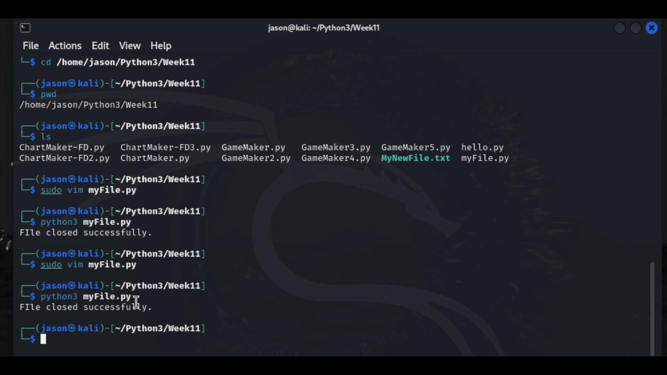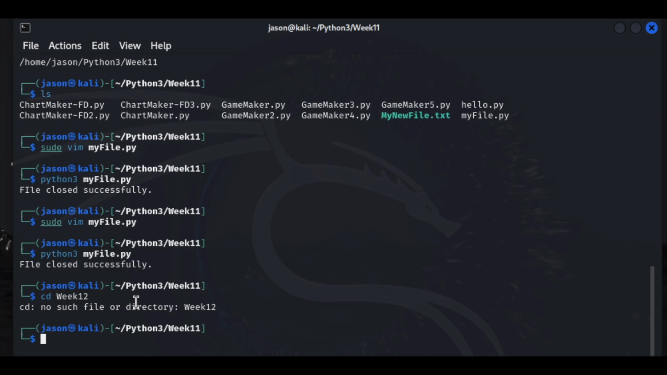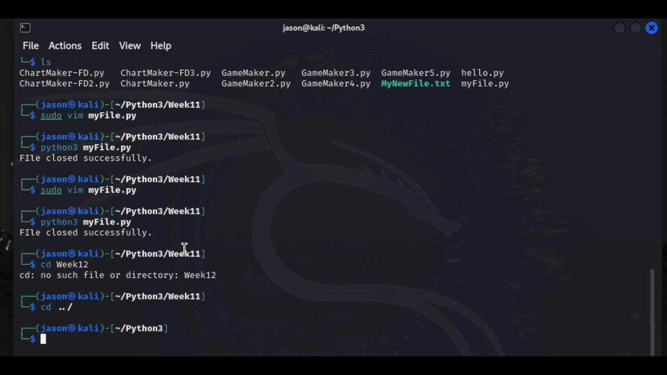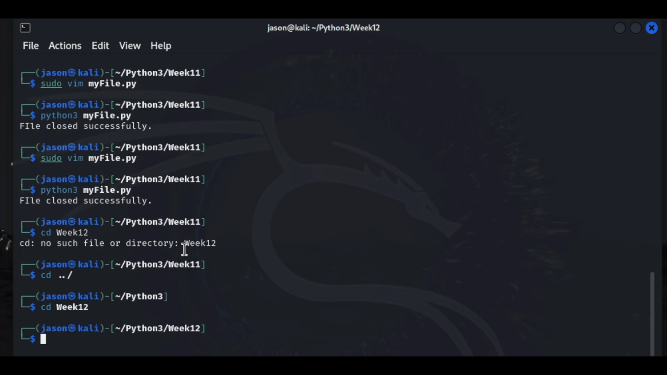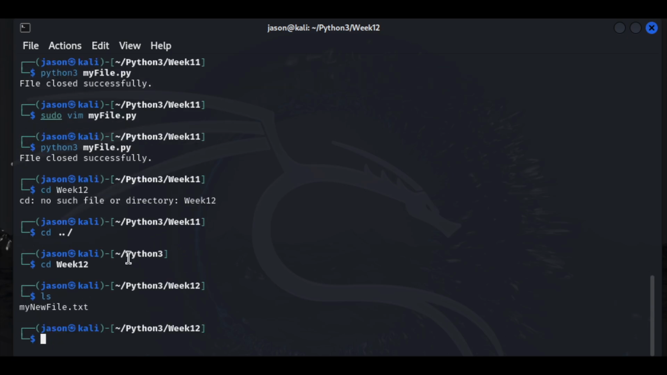I know it works. So let's go ahead and use the relative path to get to week 12. And what does it say? No such file. Okay, well, I can't use the relative path. I have to go back, and then we can do week 12 from here. And now I'm in week 12. We have my new file. Let's go ahead and cat it out, my new